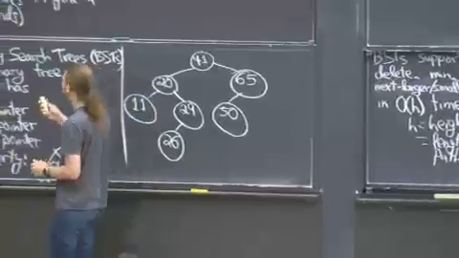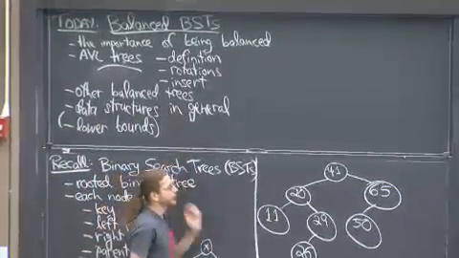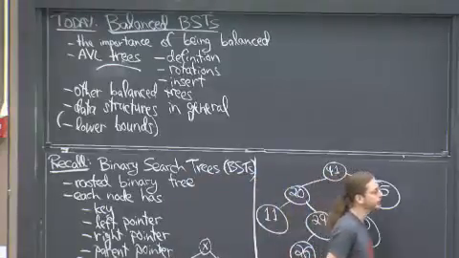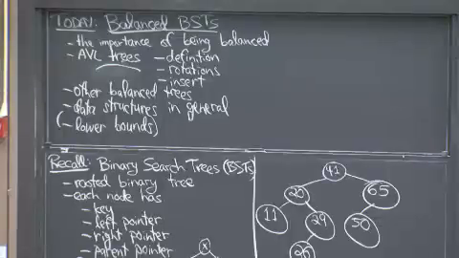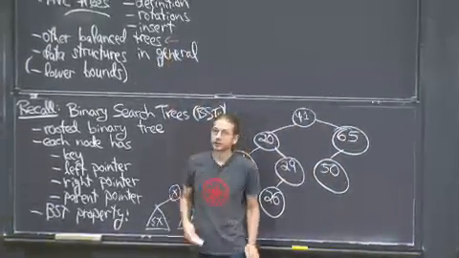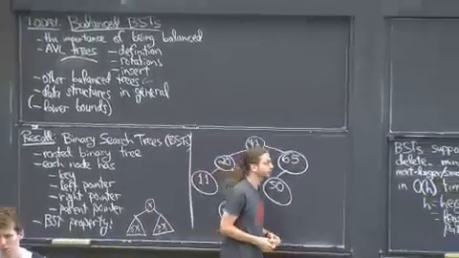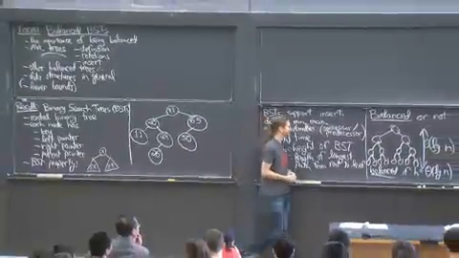And we're going to do that using the structure called AVL trees, which I'll define in a moment. They are the original way people found to keep trees balanced back in the 60s. But they're still kind of the simplest. There are lots of ways to keep a tree balanced. I'll mention some other balanced trees later on. In particular, your textbook covers 2 other ways to do it. It does not cover AVL trees, so pay attention.